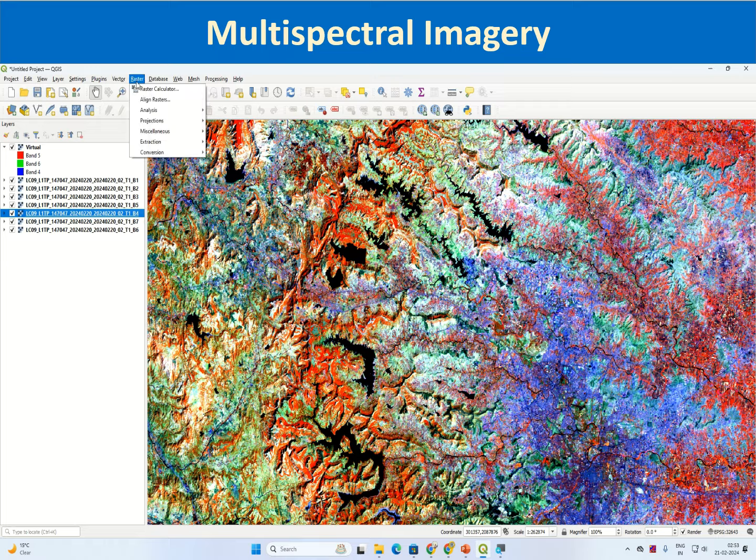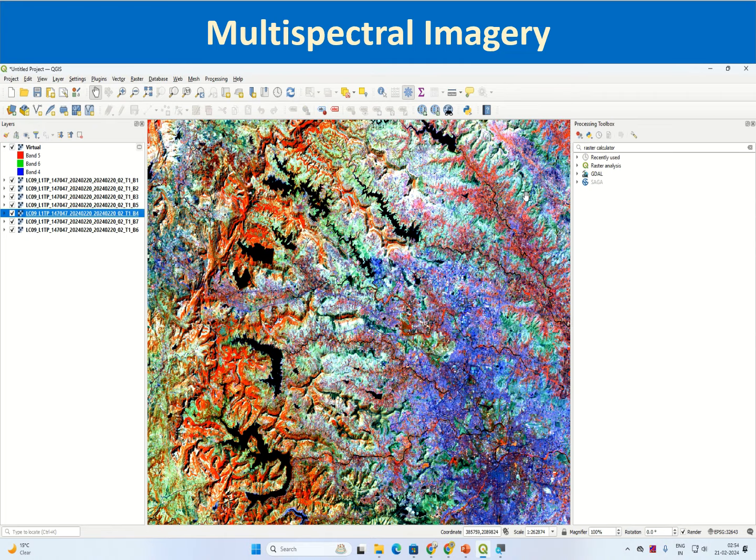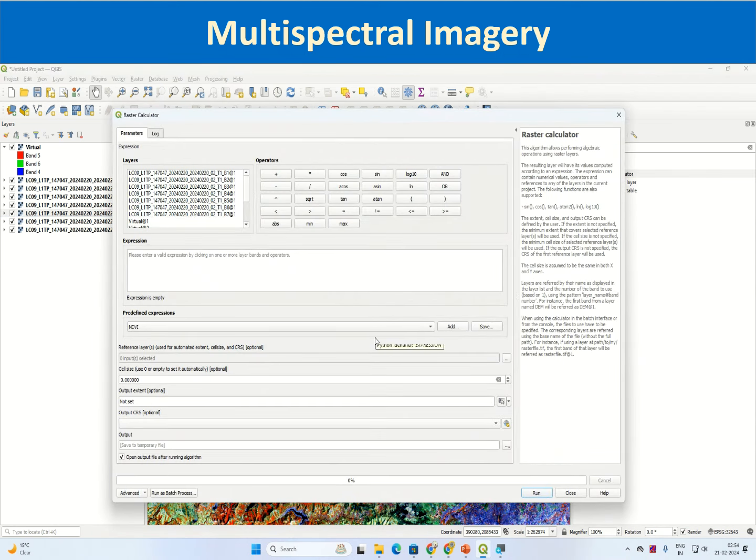Let us implement it by going to raster. You can use raster calculator from here now, or let us use it from processing toolbox only. Under raster analysis, you select the raster calculator, and here you have to write the expression NIR, that is you double click B5 minus B4, that is red band. You close the parenthesis, divided by